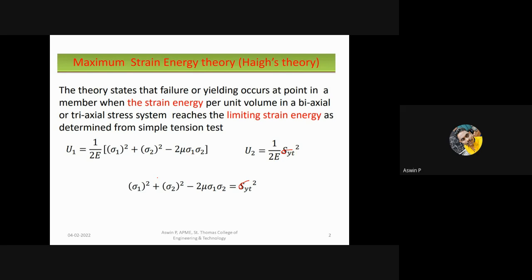The theory states that failure or yielding occurs at a point in a member